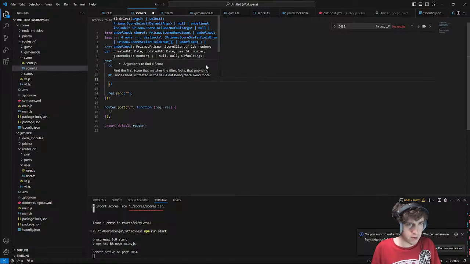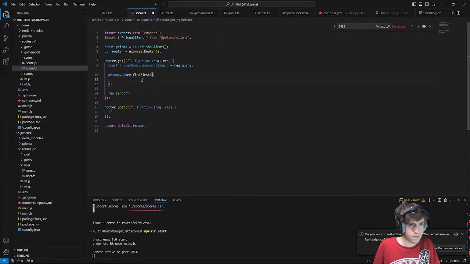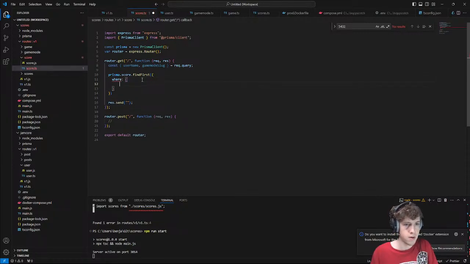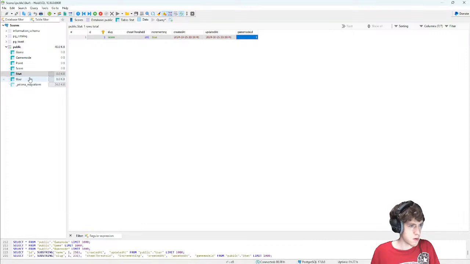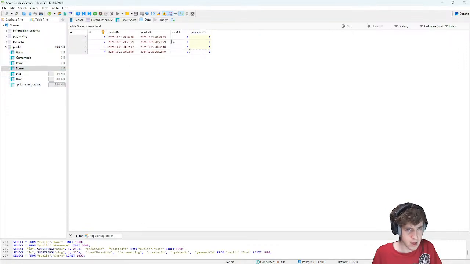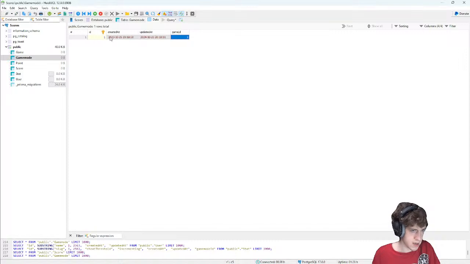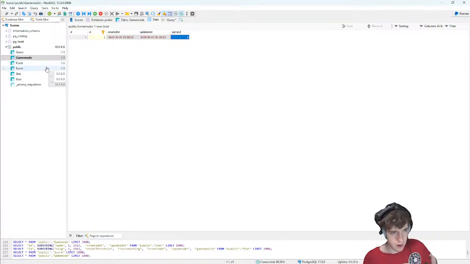So it's going to have args. Where, if I look at my database in the score table, there's a user ID column and a game mode ID column. I don't have a game mode ID, I have a game mode slug, which I guess doesn't exist as a value right now, but I'm gonna add it in.